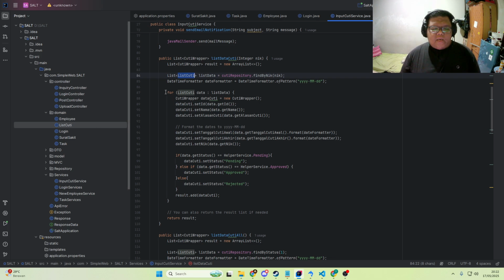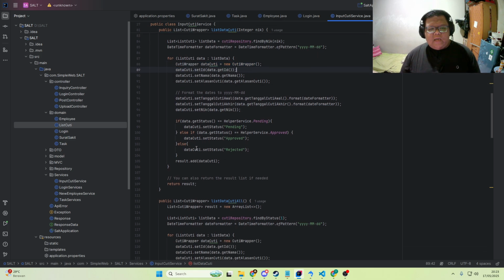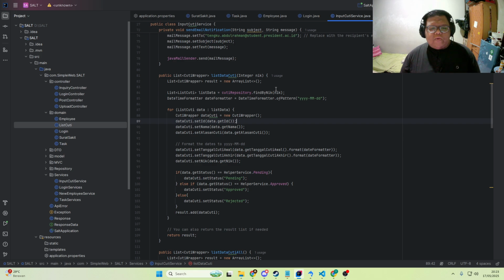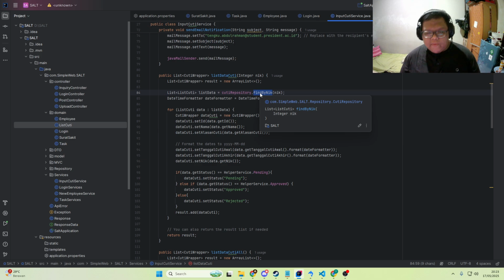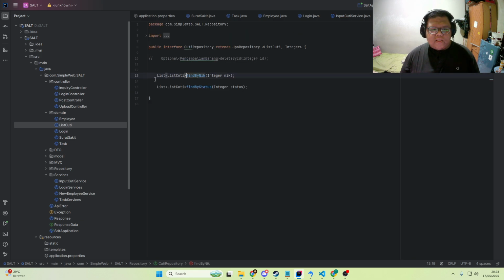And the second one, we already have this looping, using abstraction, making a new object and setting values to that object. And we also use a kind of inheritance in this duty repository. In Java Spring Boot, there is a repository to get the data from the table, and we make it in another file in repository, which, if I open it, there is the repository, and we're using JPA,